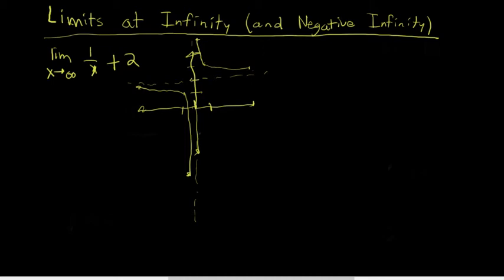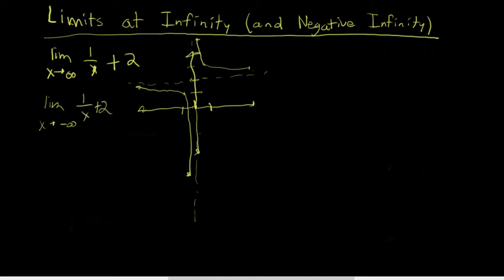But this limit as x tends to infinity of 1 over x plus 2 is 2, because as x gets bigger and bigger and bigger, y, or f of x, gets closer and closer to 2. And in general, the limit as x tends to infinity or negative infinity is going to be a horizontal asymptote for the function. So if we wanted to see the limit as x tends to negative infinity of 1 over x plus 2,